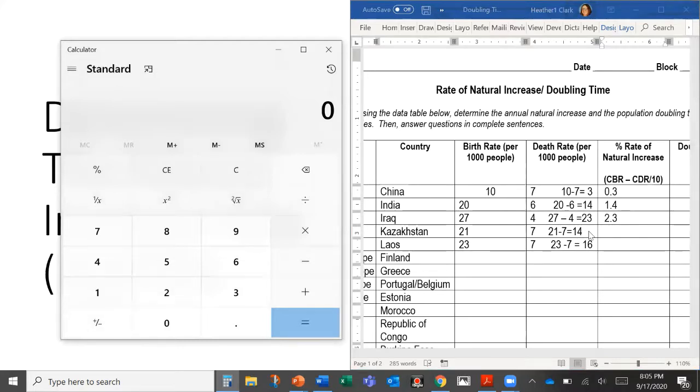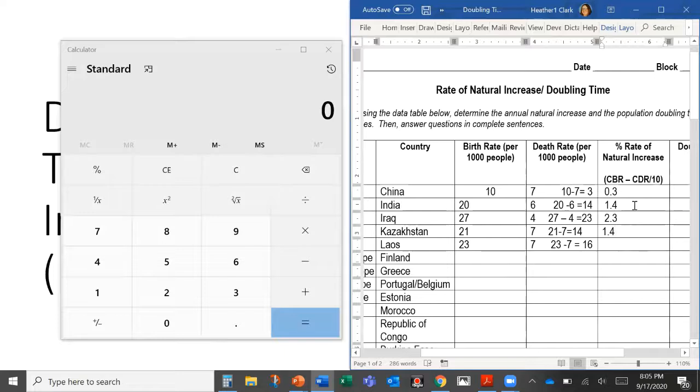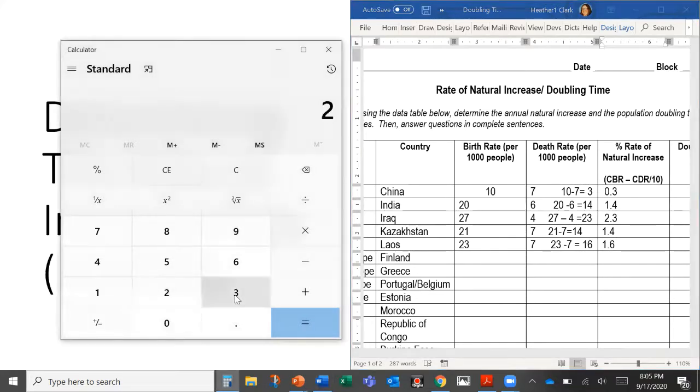Okay, we have 14 again, so we know it's 1.4. And then we have 16, and if you see this pattern, you could probably guess that it's 1.6. Just to double check, we can do 23 minus 7 divided by 10, and it's 1.6. So once you have that category done, then you can move on to the doubling